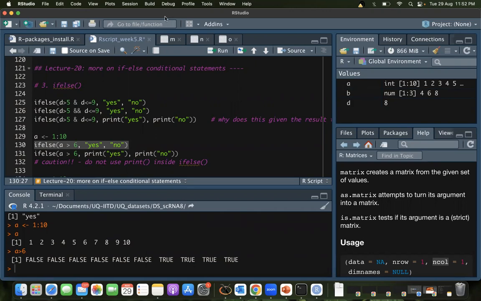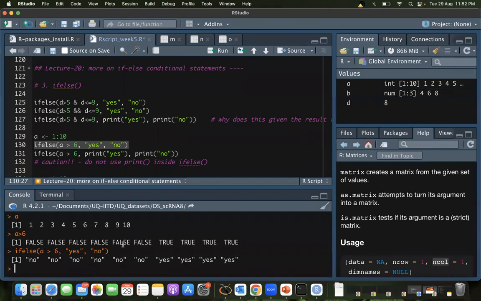Is it getting too complicated? False gives no. So true gives yes. That's absolutely correct. So if I'm running this, you get a no everywhere there was false, and you get a yes everywhere there was true.